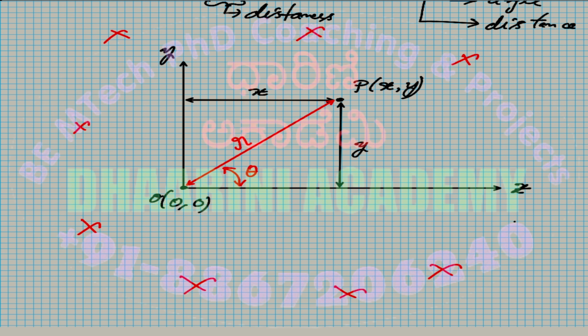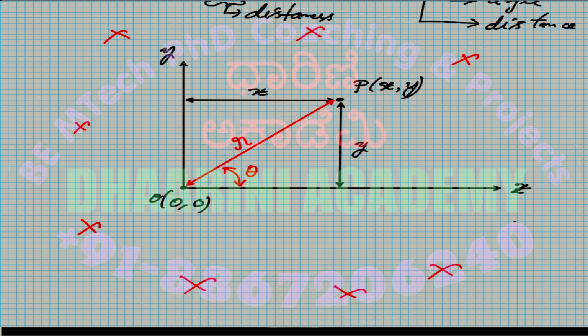Likewise, I have the same question, but now it is not in the xy coordinate axis. I am right now present in the r theta axis. R is an axis, theta is an axis, you can consider. Theta measures angle, r measures distance. You should be able to mark out any point on this particular plane. Consider that right now I am marking a point P in the first quadrant. But if I move to the second quadrant or the third quadrant, very close to zero, zero in the sense of origin, or the third quadrant very far away from the origin, similarly the fourth quadrant very far away from the origin,